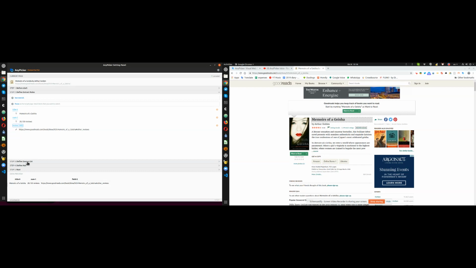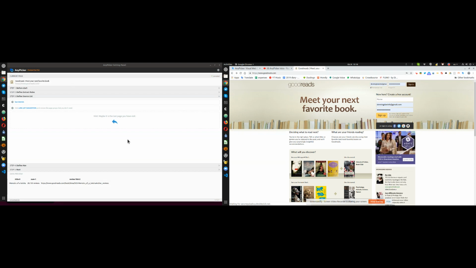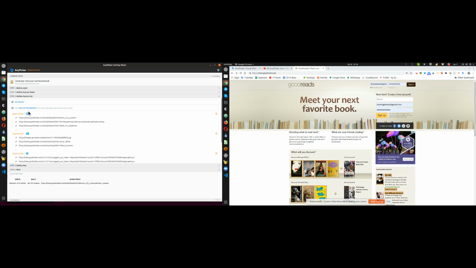And then define source list. So what I need to do is maybe hit the last page you have visited. The grammar in this application, anypicker, is terrible. The guy who wrote it is very clever, but his English is terrible. Now I have clicked on the page, the target page. Now I'm going to click on link suggestion,